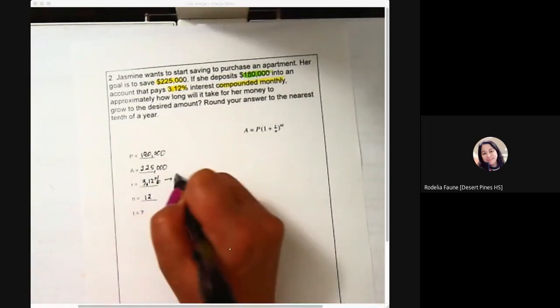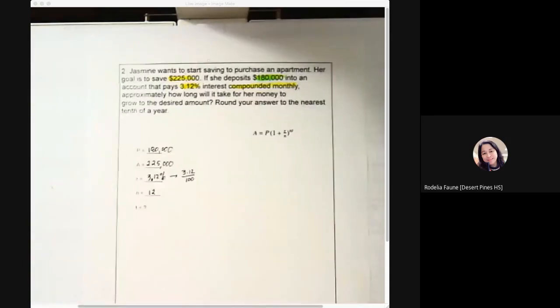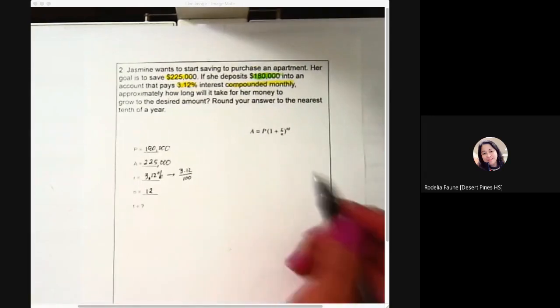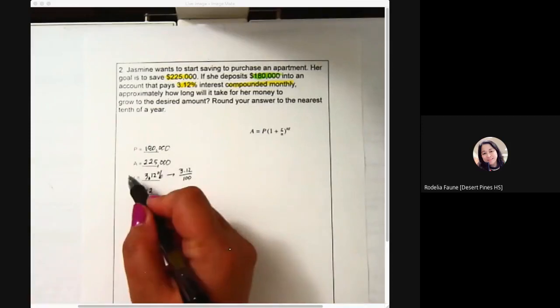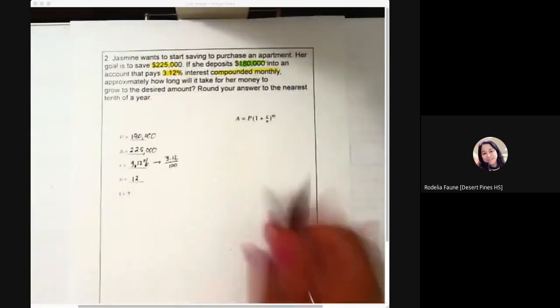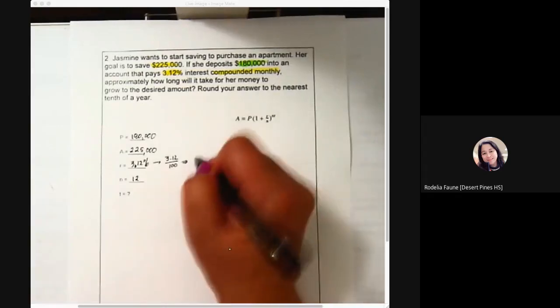How to express in decimal? You have to divide by 100. That's the meaning of the percent symbol there, 3.12%. Or you can just move these two places to the left, just like what you were doing in middle school. So when you divide or when you move, this is going to be